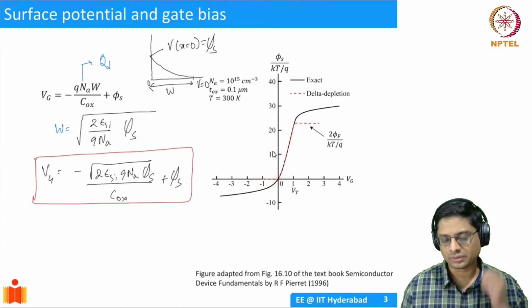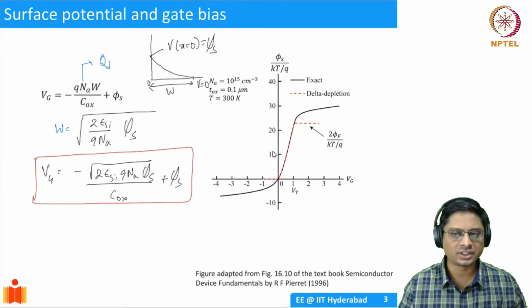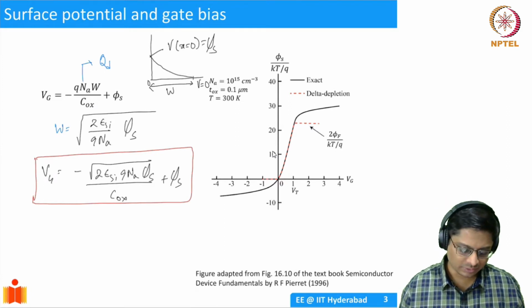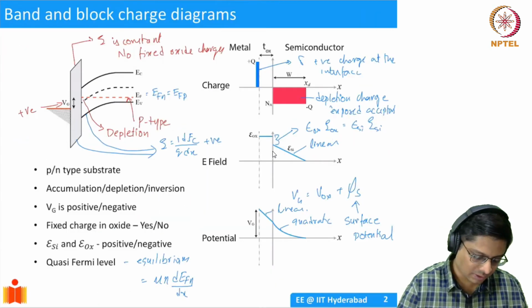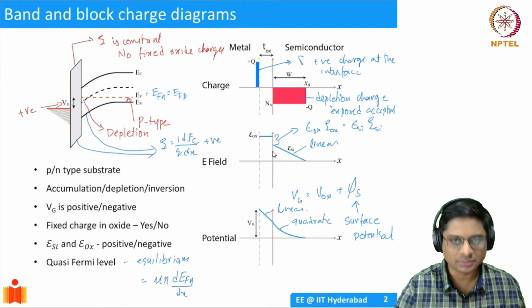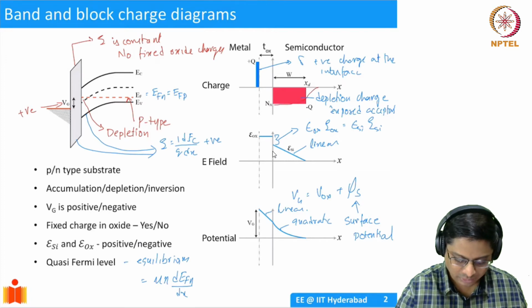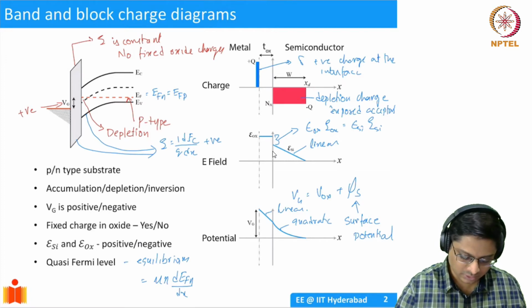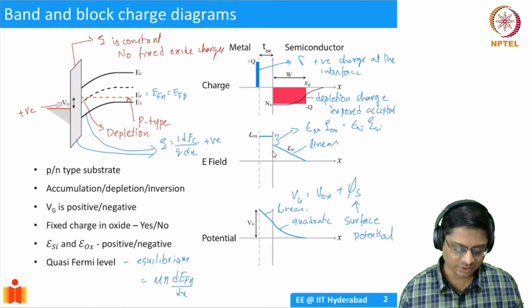The red here. We should remember that when we derived this expression, we used the depletion approximation. So we said the depletion region is flat, abruptly changing. Essentially you have this space charge, and here this is your depletion approximation where you have a block charge like this. But we know that in reality it's going to be spread out like this, but we are not considering that. If you consider that sort of depletion charge profile, then you'll get an exact solution.